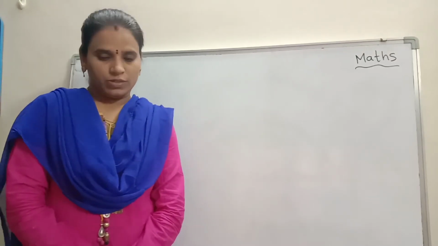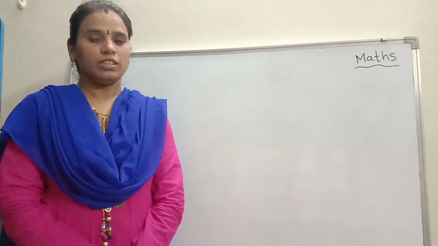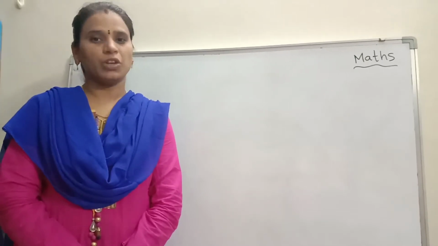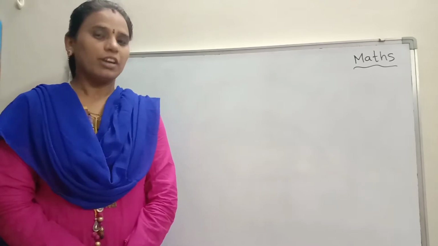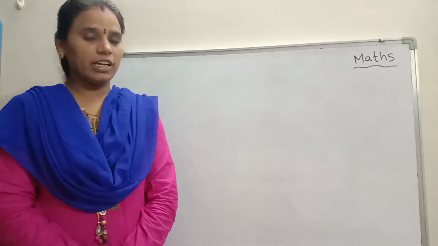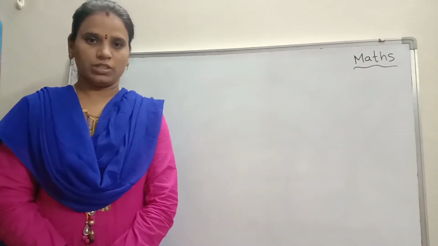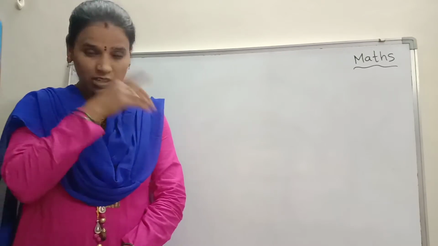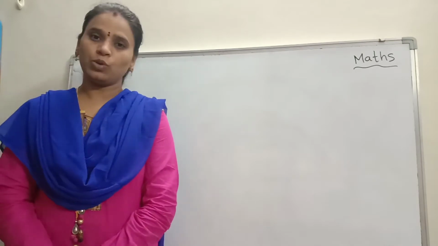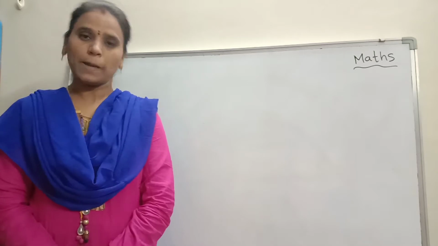Okay, good. Children, in the previous class, what did we learn? Yes, assessment 1, right? Assessment means revision. Okay children, let us recall all the previous chapters. In that class, we completed chapters 1 to 3, right? What is chapter number 1? Pre-math skills. The second chapter, numbers up to 100. And the third chapter is comparison of numbers.